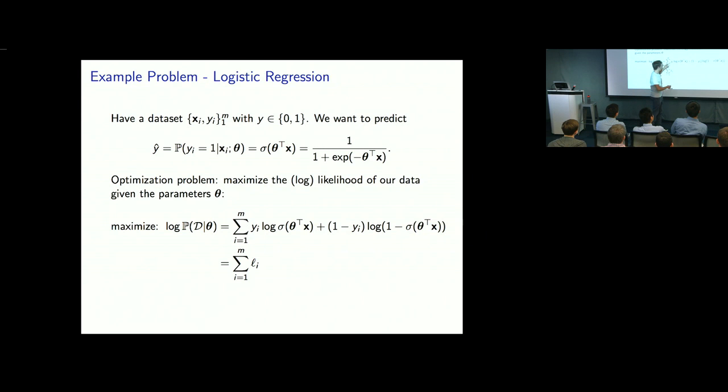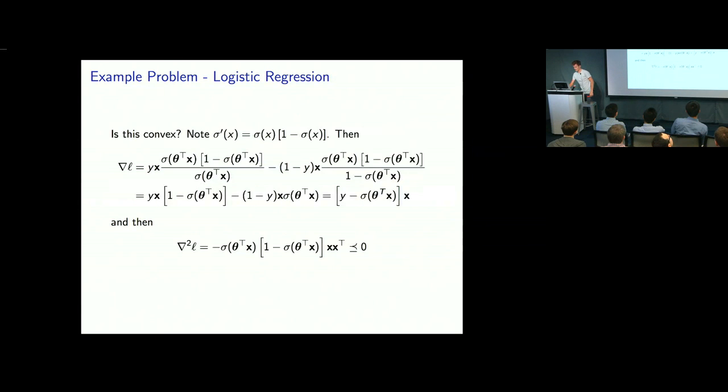It's a sum of all of these individual components. You might call that the loss at each point, because each of these only involves one of the points. And then that's just this function value right here. And so if we want to show this is convex, because it's unconstrained, all we have to do is show that this is concave, because we're saying maximize, or that the negative of this is convex. So if we look at the gradient of, it looks like a lot of math,